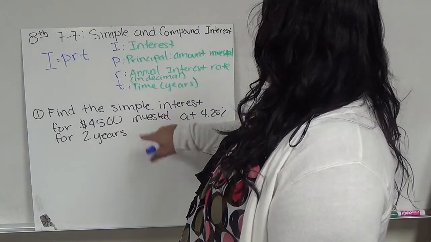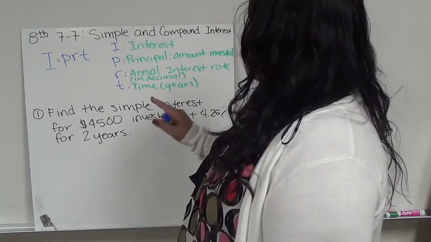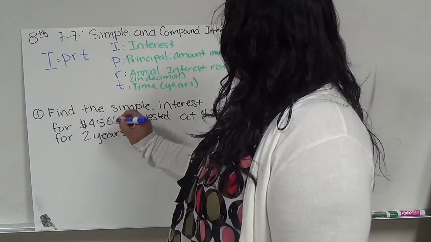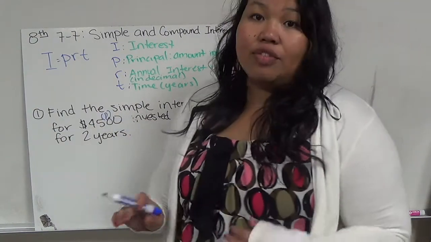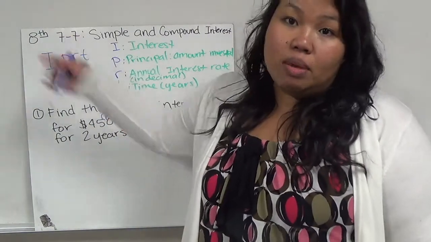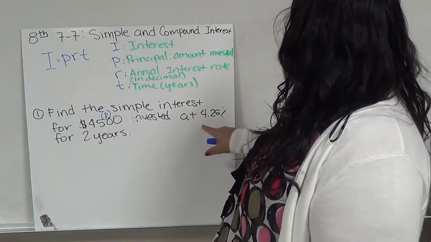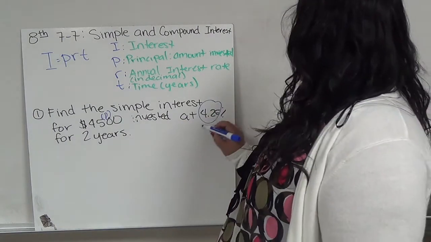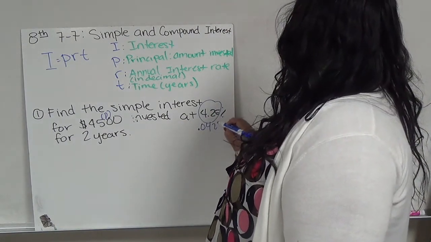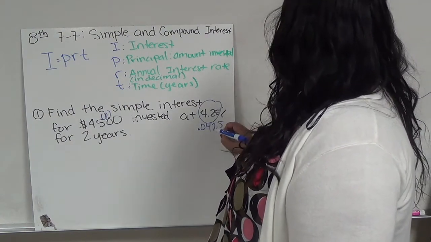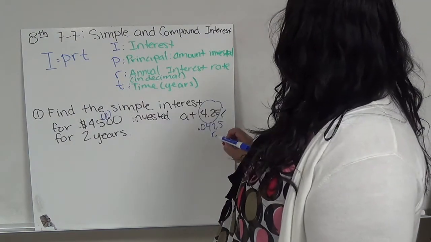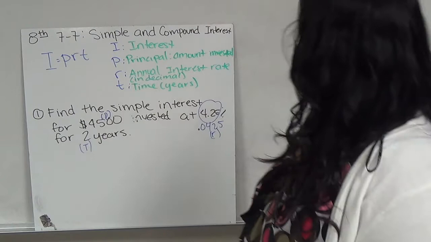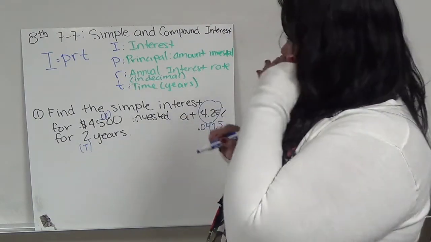It says $4,500 invested, so let's identify our letters. $4,500 is our original investment, so this is our principal. Just like the other one, once I'm able to identify, I can just plug in. The invested at 4.25, I need to turn into a decimal, and if I divide it by 100, it should give me 0.0425. This is my rate. This is my R, this is my